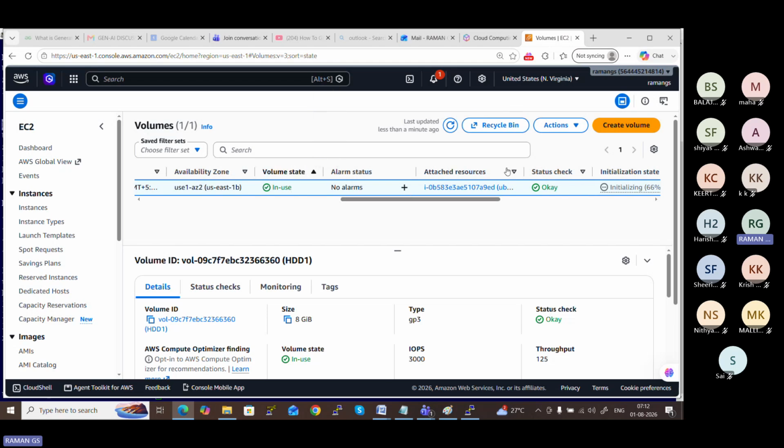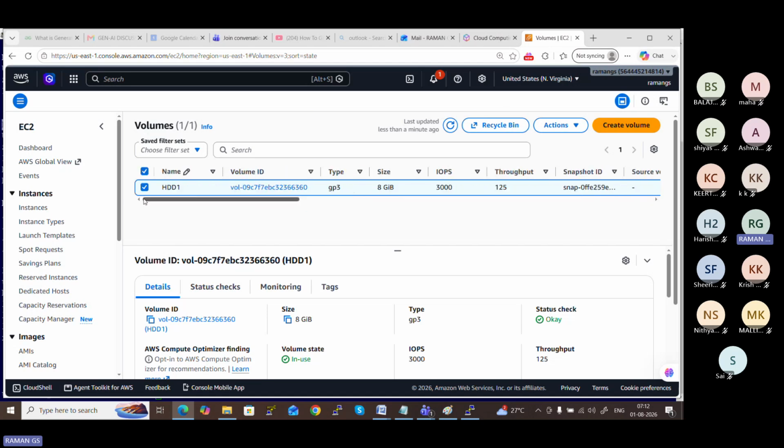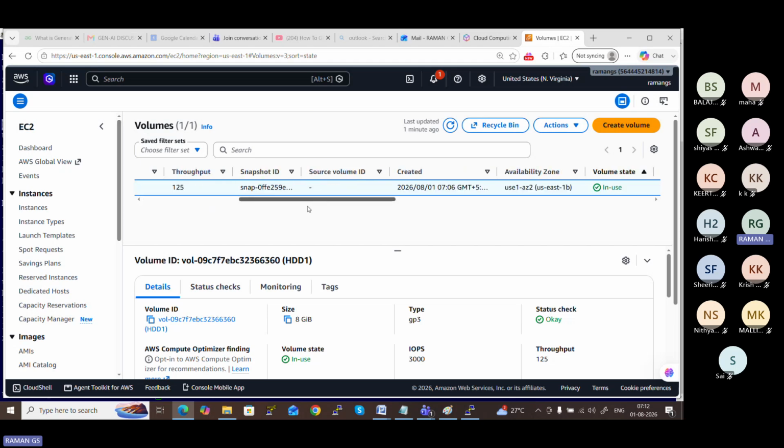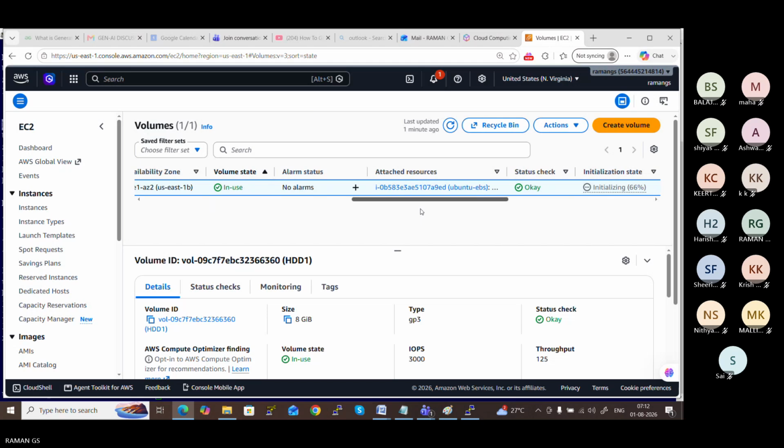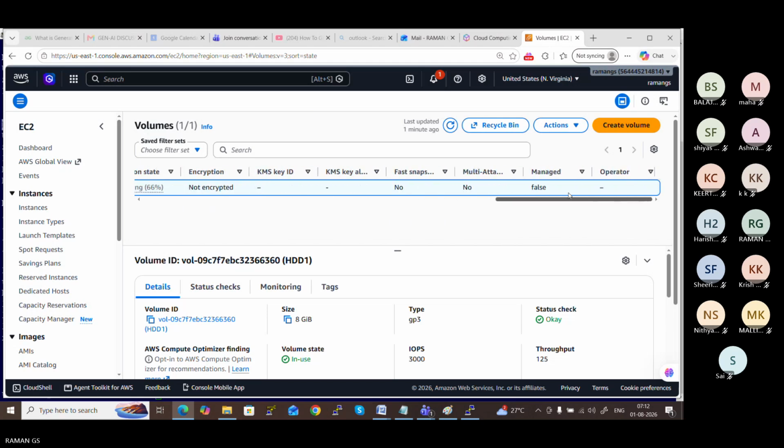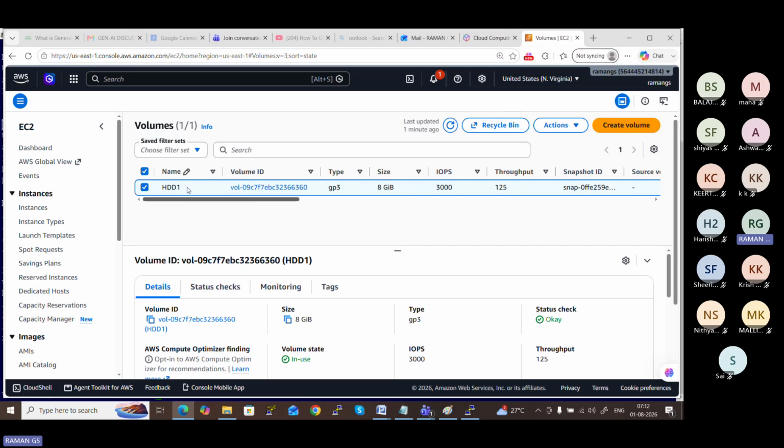Similarly, the attached resource shows which instance it is attached to, the Ubuntu EBS. The hard disk is initializing. So this is a root volume, and these are all the details about that volume.